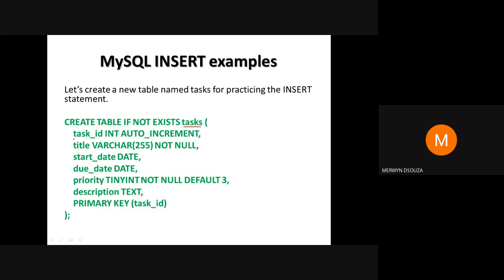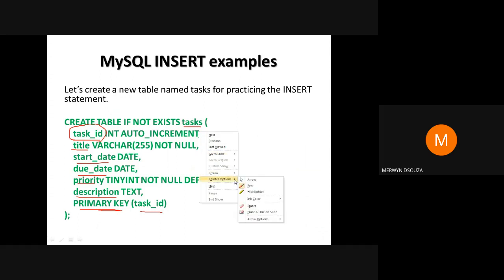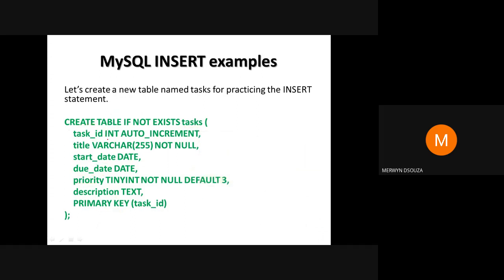Then we create the following columns: task ID, title, start date, due date, priority, and description. Then we specify a constraint that the primary key of the table will be task ID. Again, task ID has been specified with the data type integer.